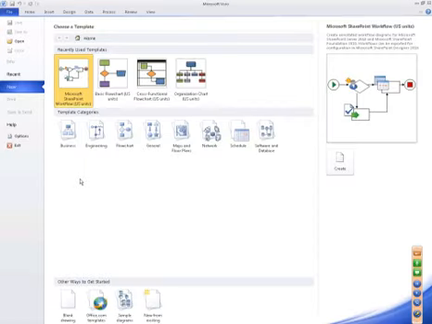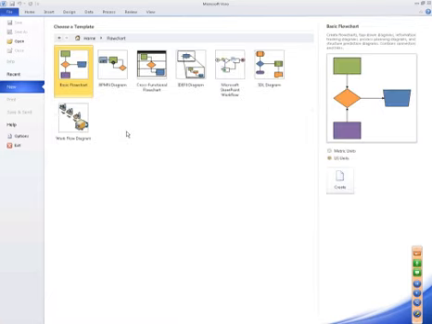So you get into Visio, there's a flowchart category for templates. Of course, in this environment that you're working in, you will have this. But if you don't have this within your own environment, I mean, of course, you'll have flowchart. But what I was talking about is if you don't have